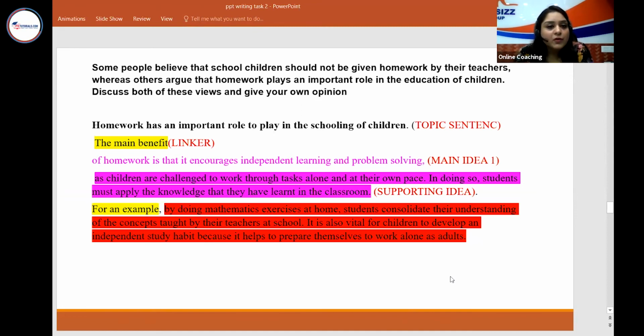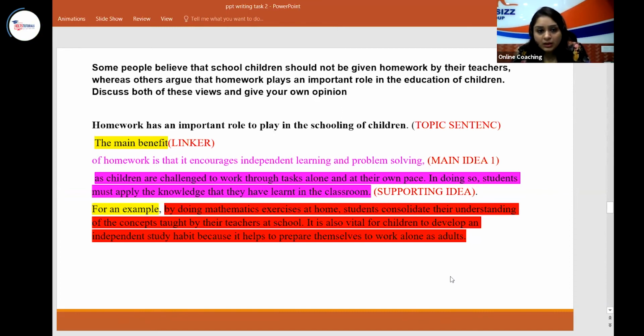The main benefit of homework is that it encourages independent learning and problem solving. Many students just write the keyword, that independent learning and problem solving. No, you have to support it with the help of a supporting idea. If you're not supporting, you'll not get bands, because supporting is actually the judgment of your language, how clearly you are writing that, supporting by adding complex sentences